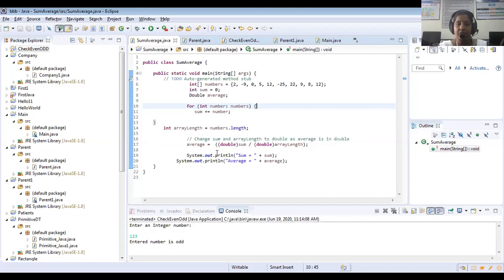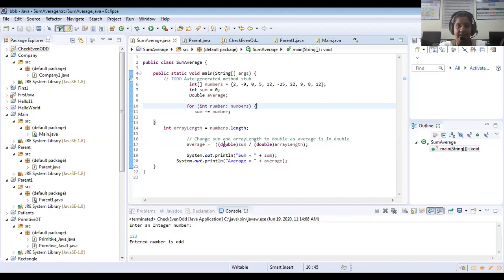So average equal to double of sum. If you see here, this is called cast, which you already know. Sum I have given here as integer, but I am making it into double. If you used the sum as an integer, for example 100, even if the actual value is 100.12 it will give 100 only. But I have to find the average, so I am in need of the fractional value. So I am going to change the integer value into double.